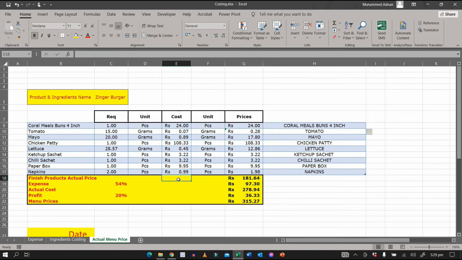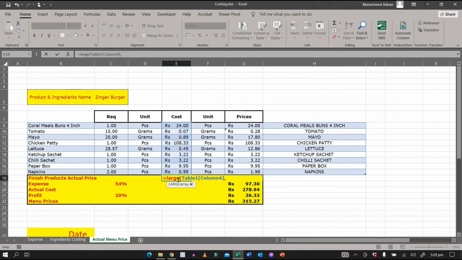For example, we need to take the highest cost of the product. Now what we need to do is type equal to, then type LARGE and then open bracket and then give the array and select the cell range where we need to check it, and then comma.